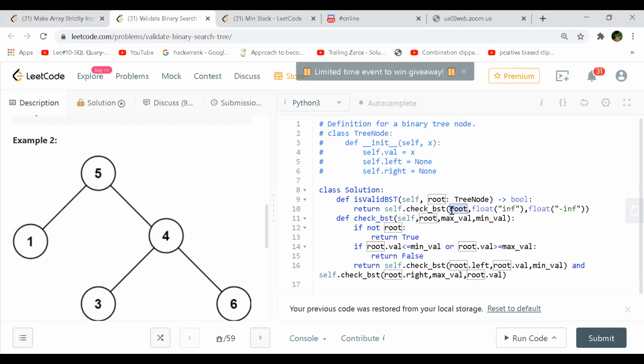So we can just compare each of the root values with its left child and right child, and if it satisfies, then we can go for the left subtree and the right subtree and call the function recursively. But this will fail in some cases, like we are just checking with the root node and the children.